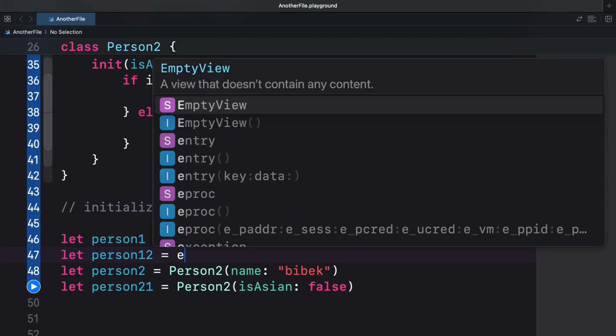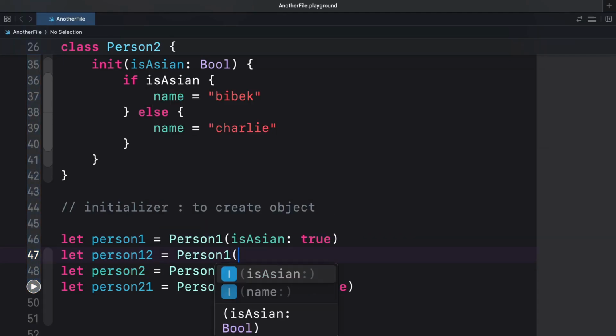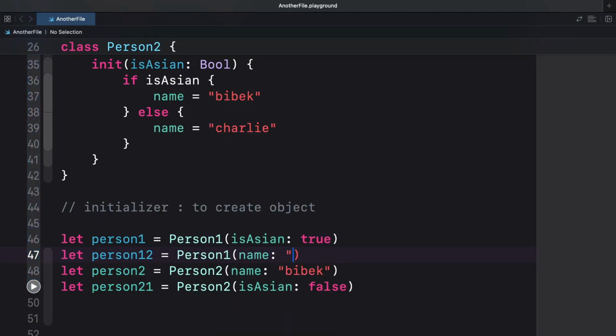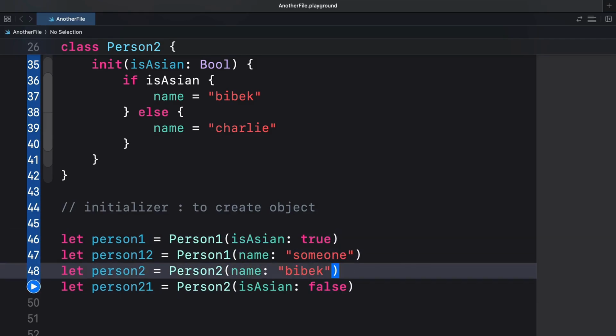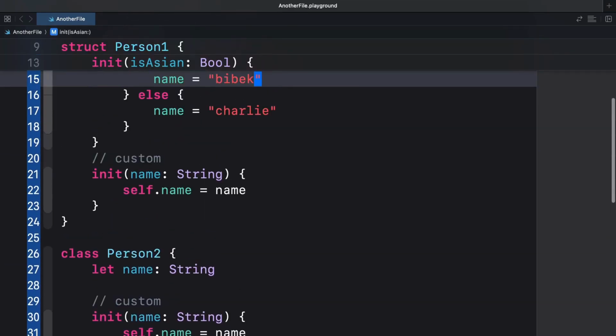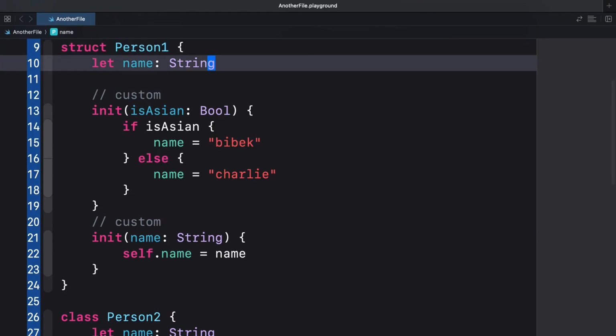Person1, name someone, right? And now it will work fine.